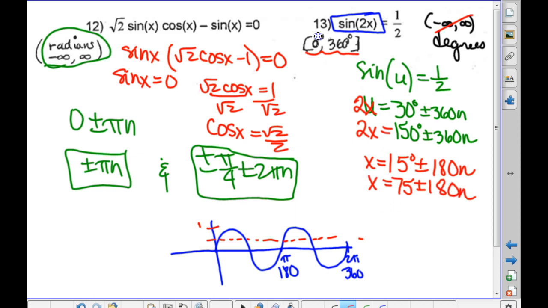All right, now we're down to, I want only the answers between 0 and 360. So what's one of them? 15 is right here. The next one? 75. That one's right here. But what's this next one? You got to add 180 to this one and you get, and add 180 to 75 and you get,